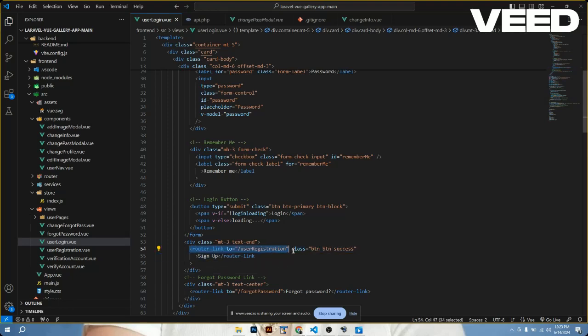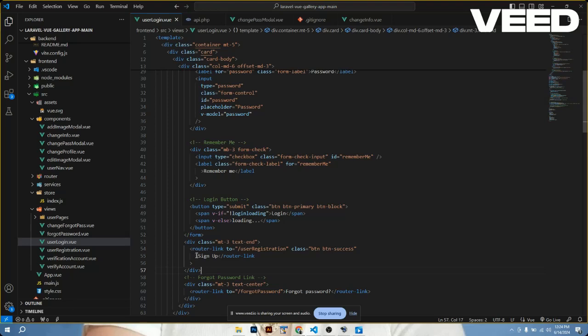router-link. Inside this div there is a router-link element, which is used in a single page application with routing, and it renders a clickable link that, when you click, navigates to a specific route, in this case the user registration route.